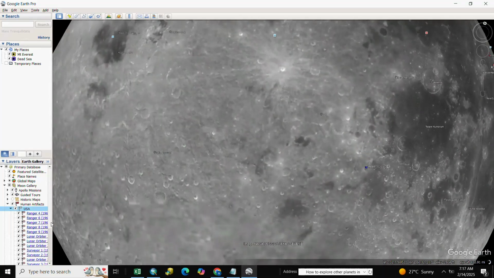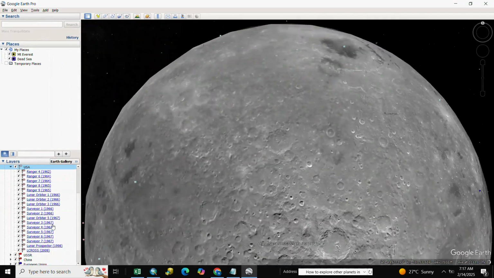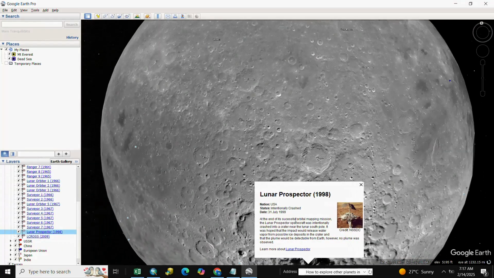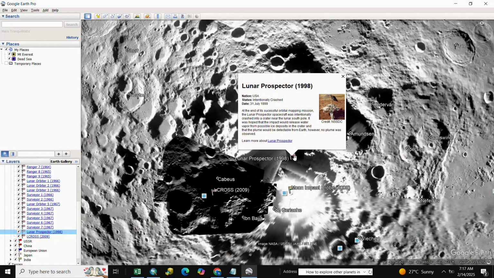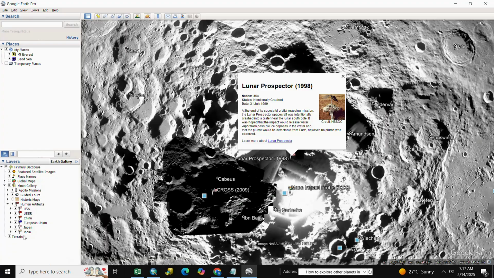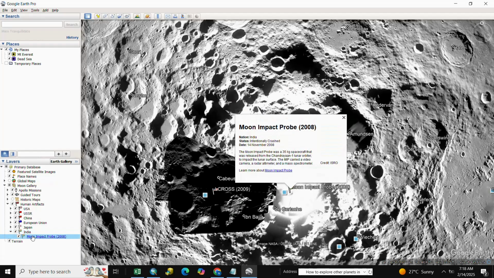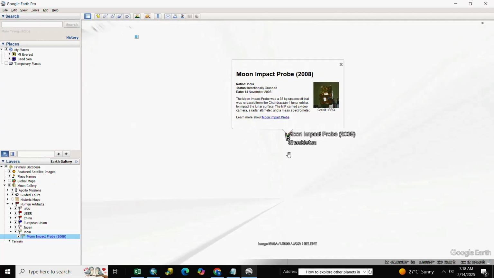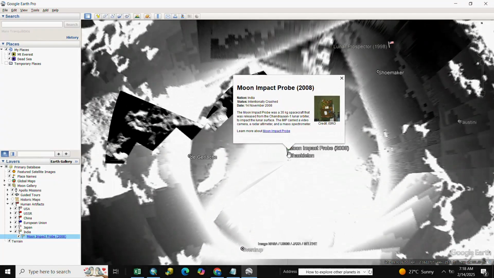If you want other missions, you go to human and here is USA mission, all USA missions. You see here all USA missions, we select here lunar mission, and we next select. If you want another country, you go here: China, European Union, Japan and India. We click here India and go to moon impact. Here is the moon impact mission of India.